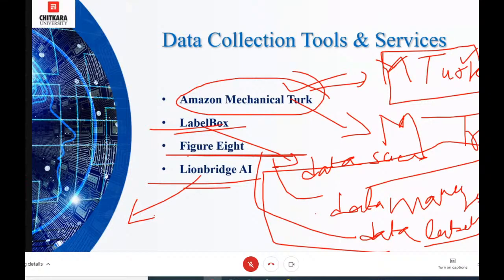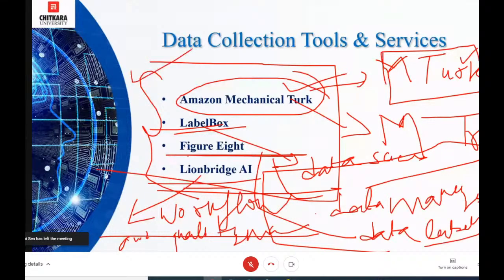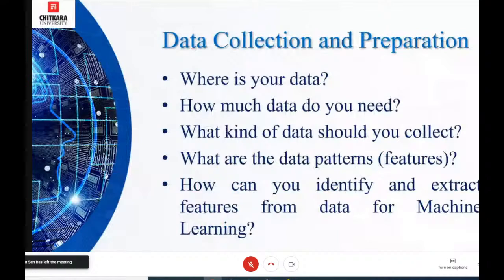So it also provides the Lionbridge image annotation platform. Like the Amazon dashboard, it provides a dashboard with features and an easy-to-use UI for engineers and researchers, and you can easily manage workflow and quality. So it is useful in workflow and quality management. So these are the main tools which can be used for the data collection part.